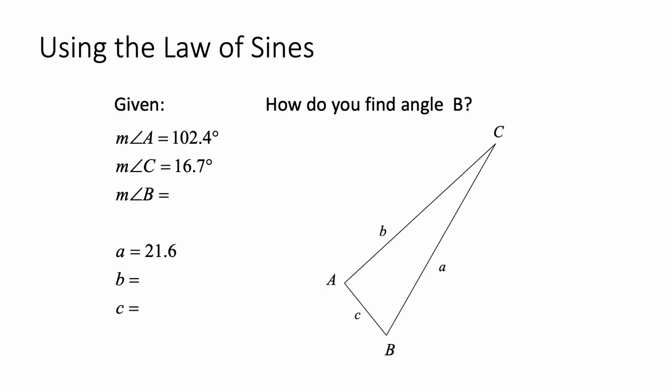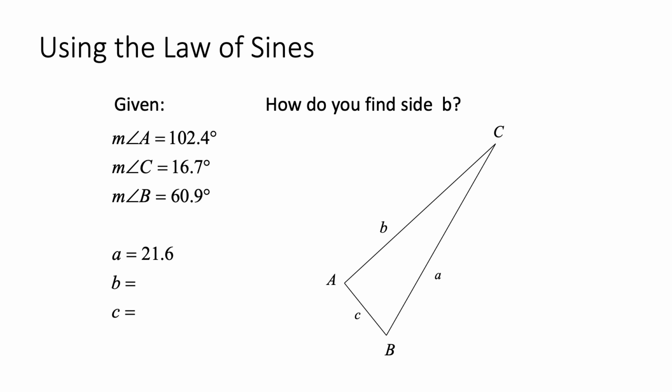Here's how you would use the law of sines if you're given this triangle here, and we wanted to finish plugging in all the sides. We can use the interior angle rules to find angle B first, which gives you 60.9 degrees. Now for the rest of the sides, we can use the law of sines,